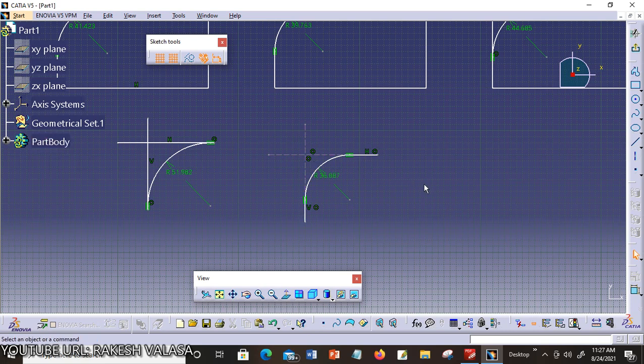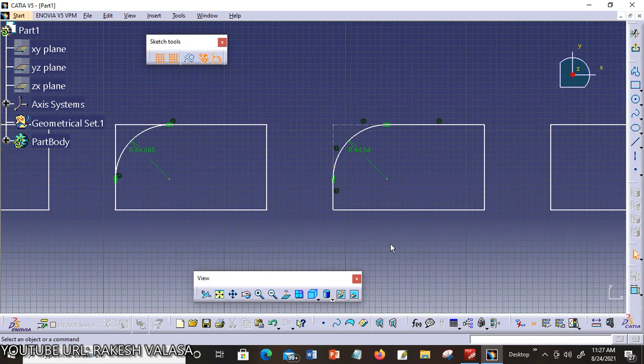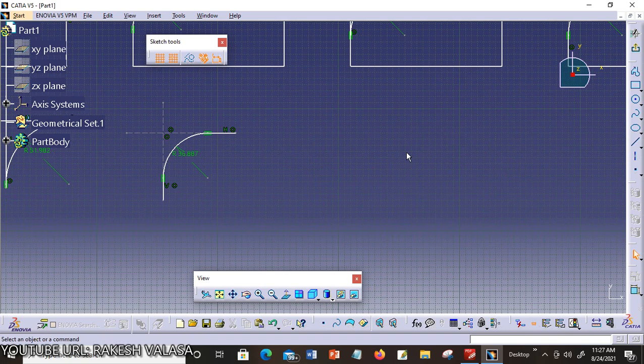This is the procedure for trimming both lines and creating construction lines. Here the trimmed lines are set as non-trimmed construction lines. In the previous case, the trimmed lines are set as construction lines. In this last case, the trimmed lines are set as non-trimmed construction lines.